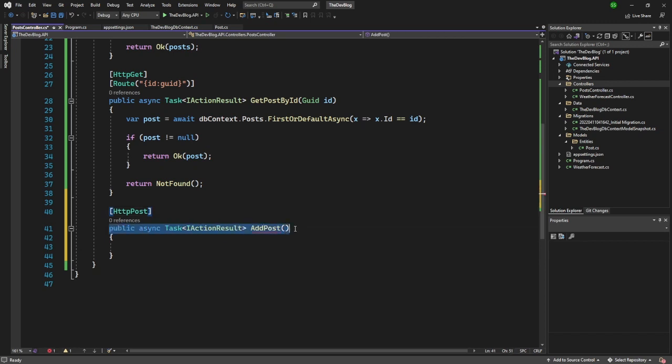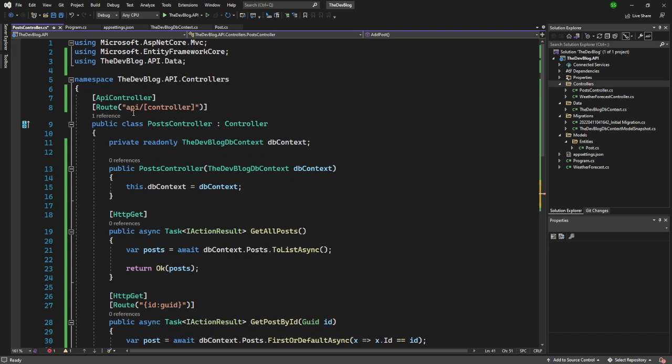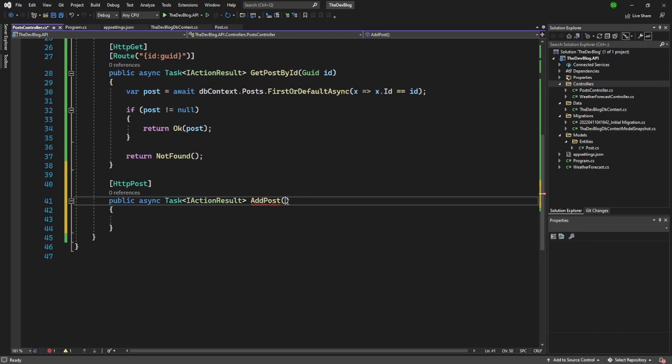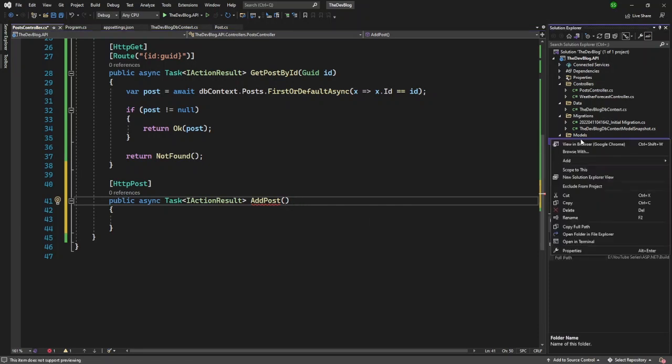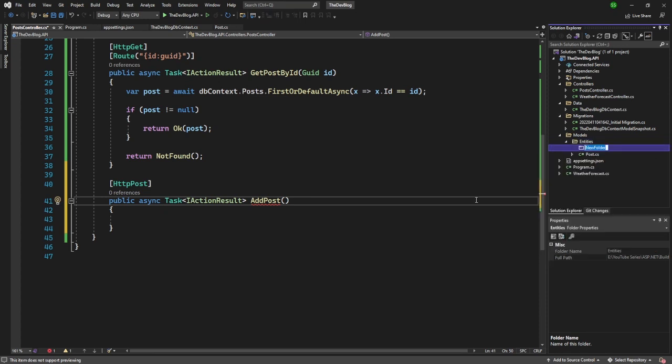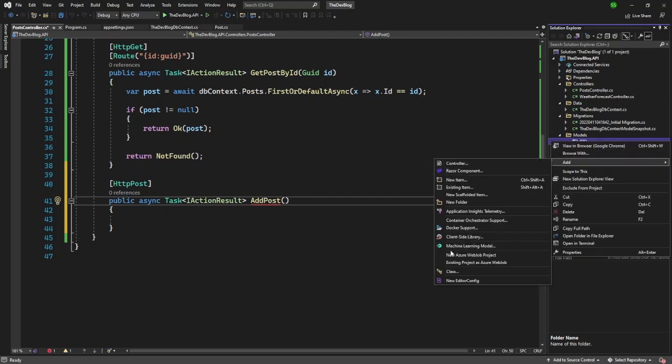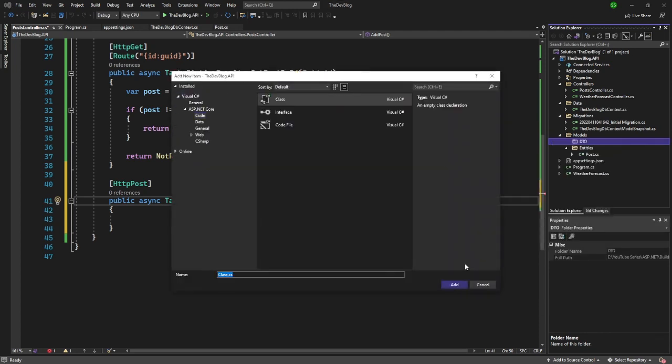The route of this AddPost will be the same as the default route of the controller of this API, so api/posts, and here it will take a new post request. So I will create a new model for this, and I will have a DTO model. So right click, add a new folder, and it should be outside the entities folder. I will rename this to DTO, and inside the DTO I will have an add request model. I will call this AddPostRequest,